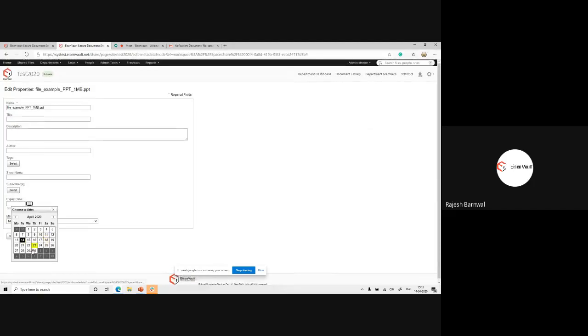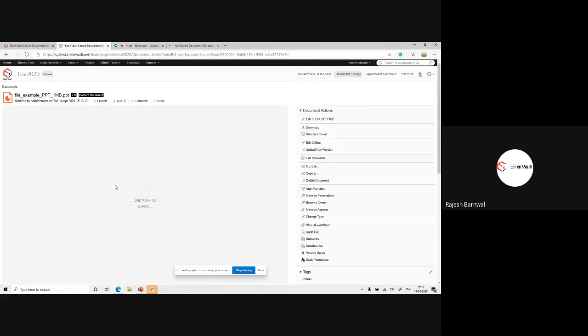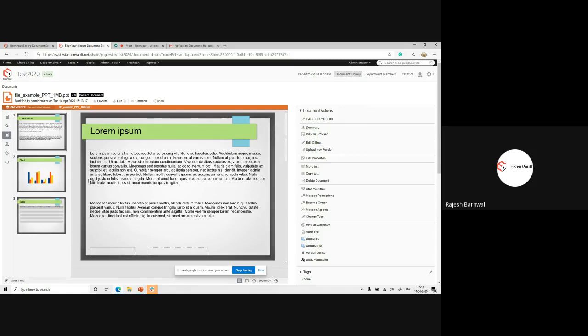Let me add some, like, on 30th of April this document will expire. So when I click save, you get a notification in the time interval given, like 60, 30, 15, 7, 2, and 1 day. In this time interval you will get notification at 12 a.m. in the morning. Currently I'm not able to show you that email, but this is the process actually. Okay, so this is the expiry date. If you want to set an expiry date to any document, you can set it.